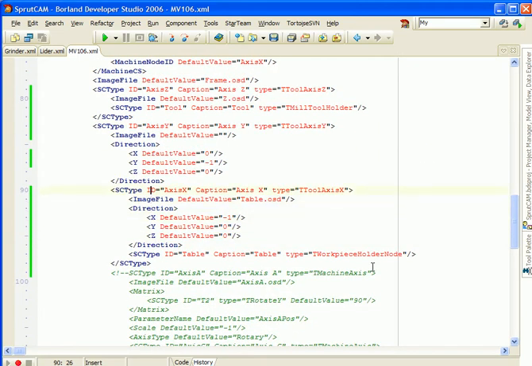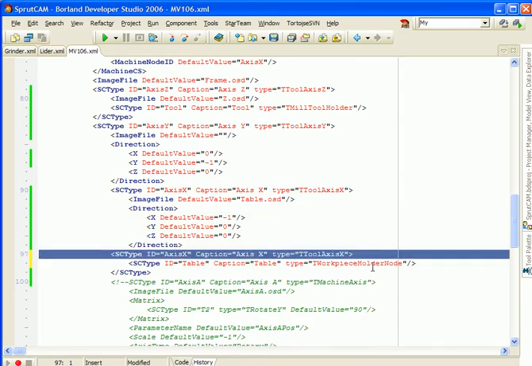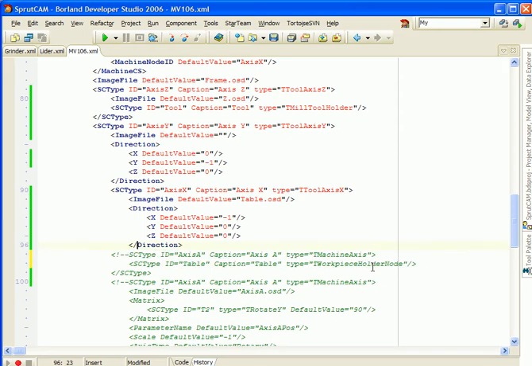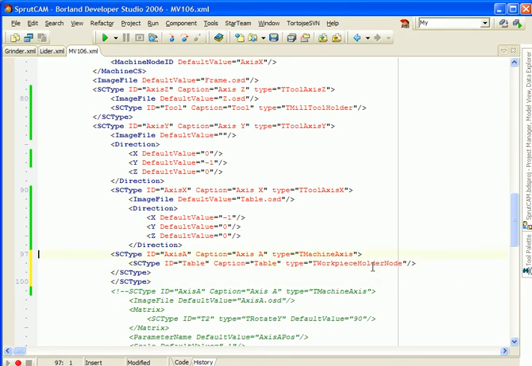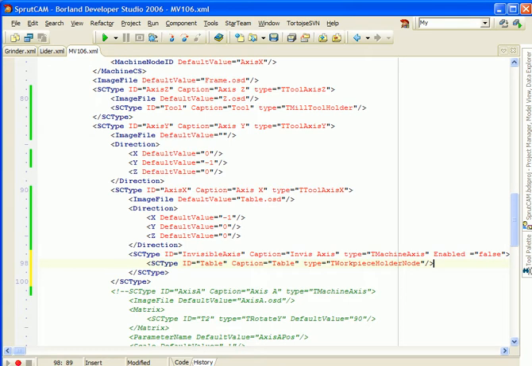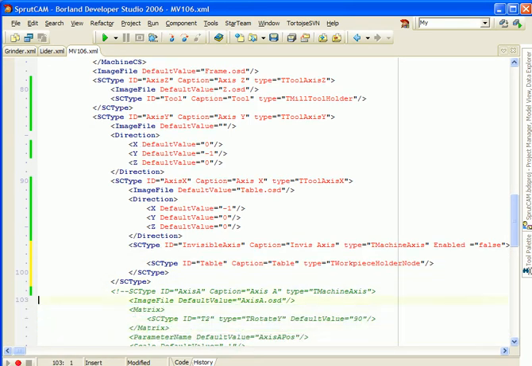Well, to do it, I create a new axis, and inside I put my table. It will be just an axis, and it will be disabled in our machine, but it will have its own matrix. I copy the matrix section and define